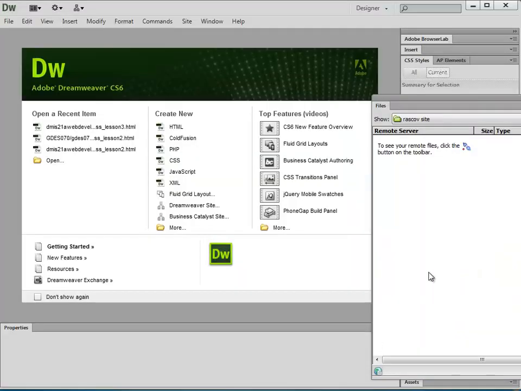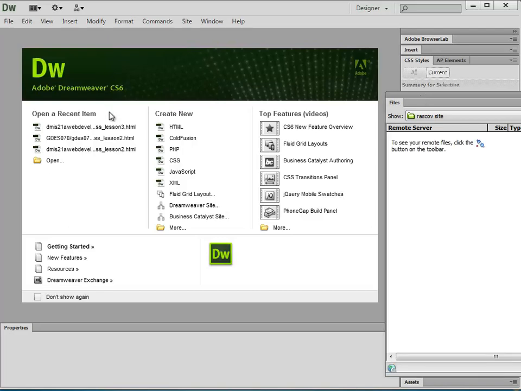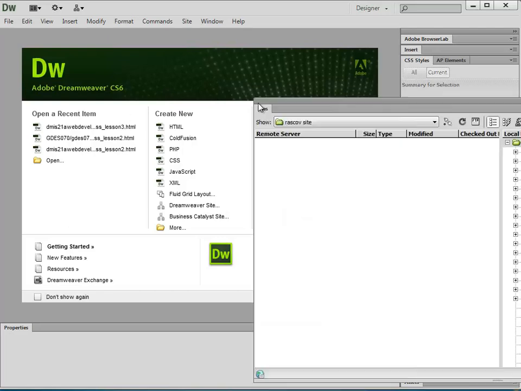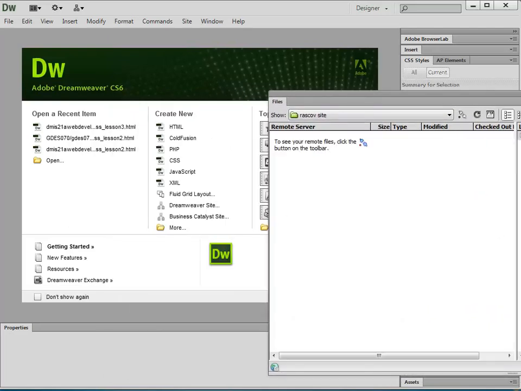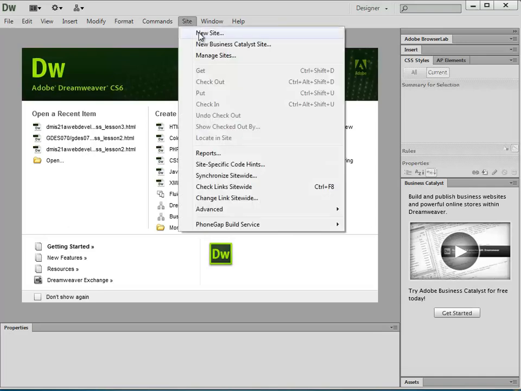Another program you can use, of course, is Dreamweaver. Dreamweaver can be used to send your homework also. How you use Dreamweaver to send your homework is we usually use the files window, and I'll open that up in a minute. But before we start with that, you need to tell Dreamweaver where on your computer you're building your website. This is called Define Site, and in the Define Site window is where you actually tell Dreamweaver where the FTP information is. So in order to do that, we're going to go under Site, New Site,